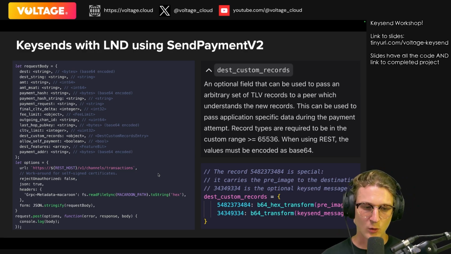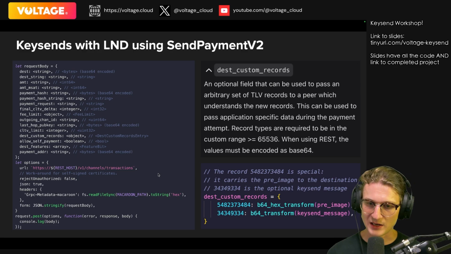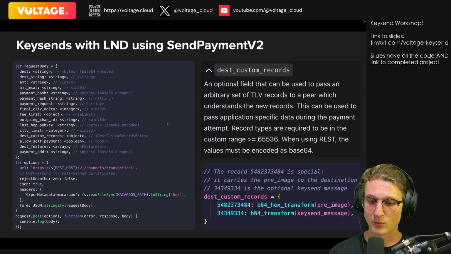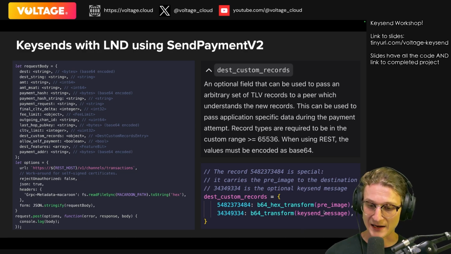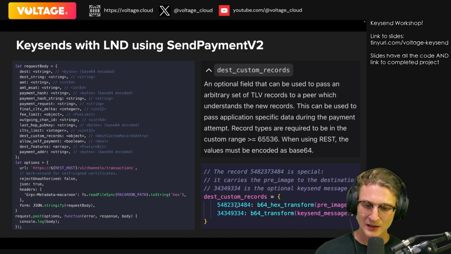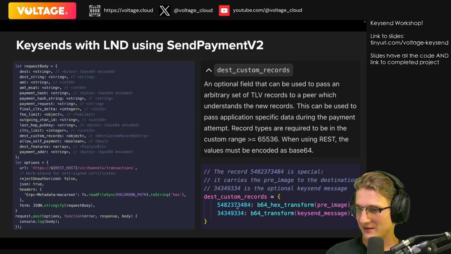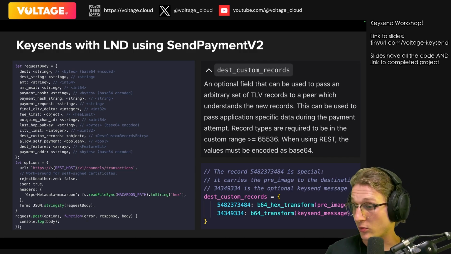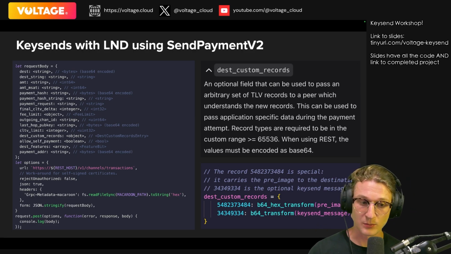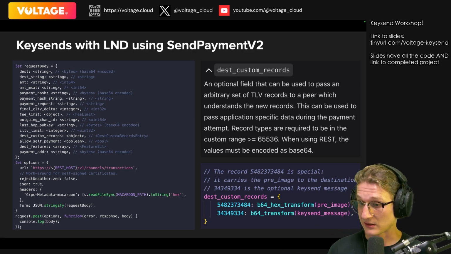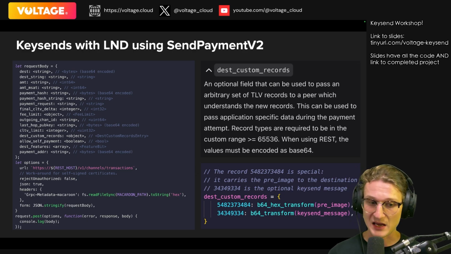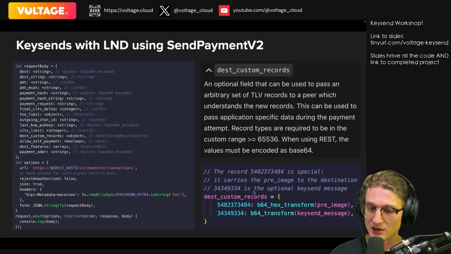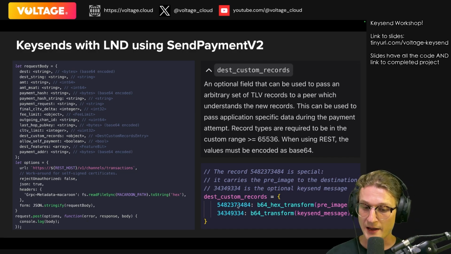Okay, so why is this important? This is important because this is where we will actually need to embed our pre-image. And I kind of have an example here. It looks really weird because these custom records are essentially a way to broadcast what kind of features your node supports. So maybe your node doesn't support Keysends, in which case my payment would fail, right? So on the dest custom records, I want to check that your node has this record,